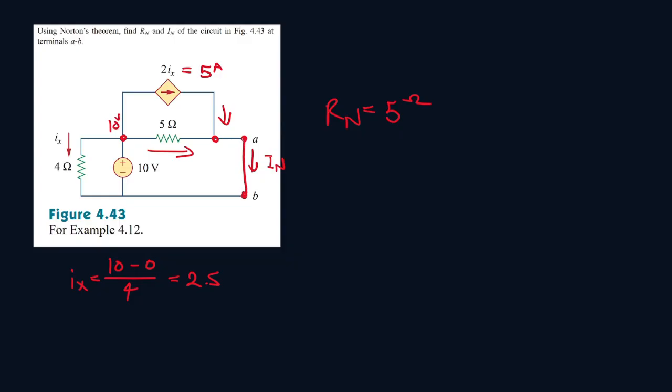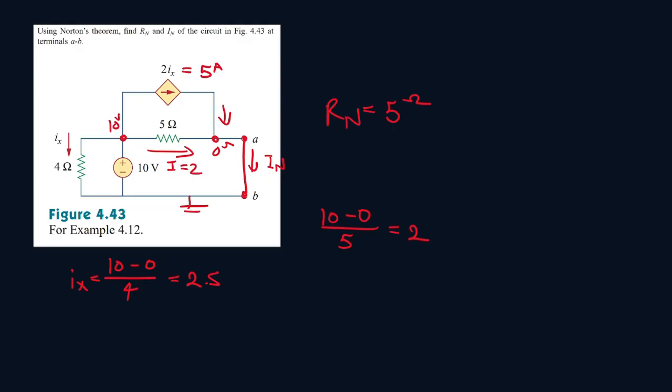So we actually know what the voltage here will be. So this is technically connected to the ground node. So this region will be 0 volts here. So let's find this I value. It will be 10 minus 0 all over 5, which will be equal to 2. So there's a 2